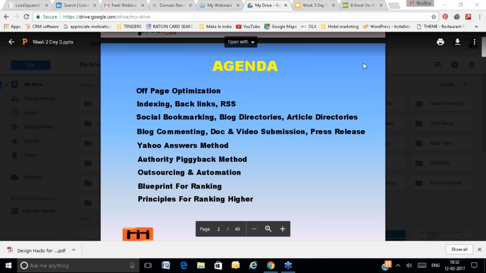You are making your content readable and scannable, you are using a lot of images, graphics, h1, h2. So on-page is all about setting up the relevancy factor. Off-page is about collecting recommendations in your favor. Isn't it a good idea if you are saying the best things about yourself and other people also say good things about you? What do you feel? If other people are recommending your products and services, is it good or bad?